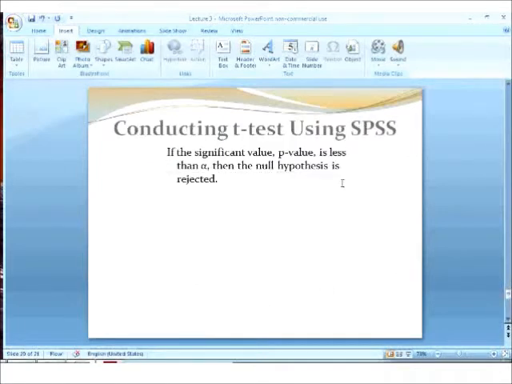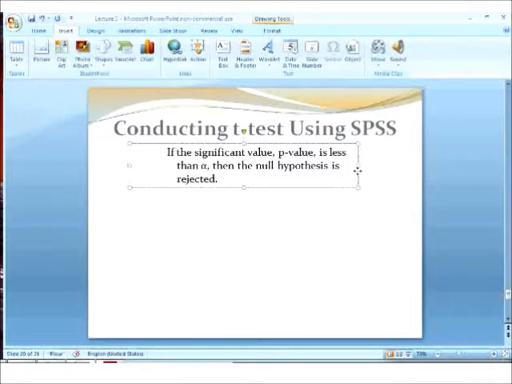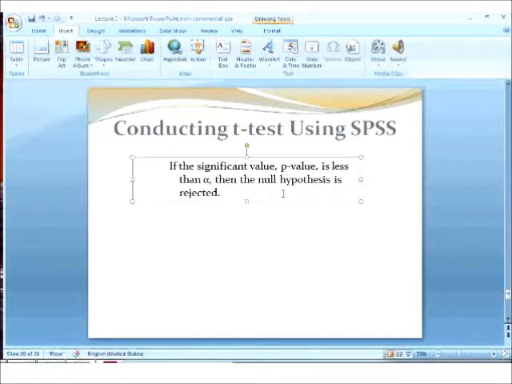Now, this is the last slide of today's lecture, and this is very important. You may or may not understand it right now, but when we do the SPSS, you will understand it. And also for all the upcoming lectures, like the next lecture when we'll do the regression analysis, this will come up again. So if the significant value, which means